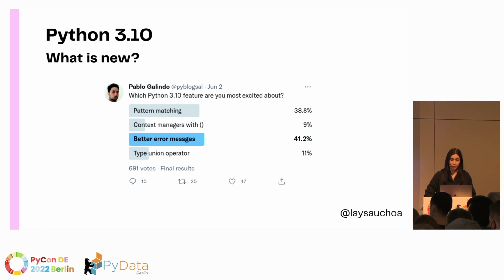So yeah, we're not going to be covering the better error messages. I'm sure that would give a great talk, but we're going to be talking about structural pattern matching. Pattern matching was already in some languages. If you are coming from Scala or C and so on, you already saw things like pattern matching there. It's nice that Python developed it after, because we have all those languages with nice ways to do pattern matching that we get inspiration from.